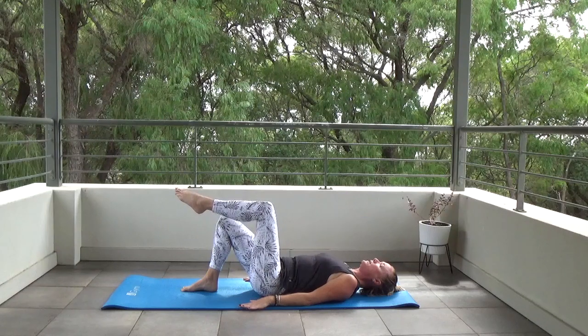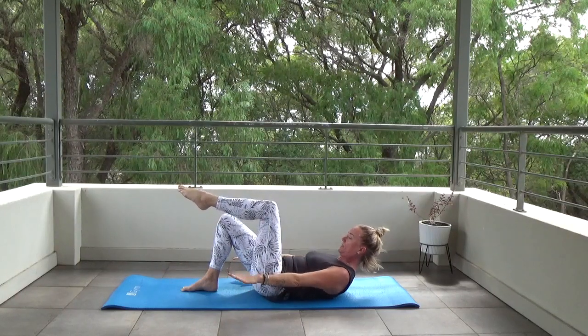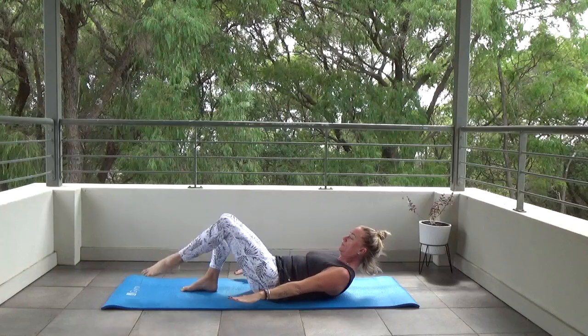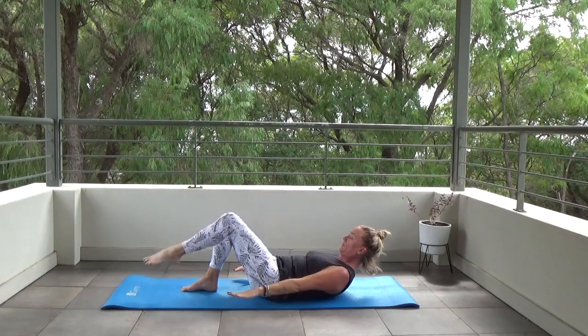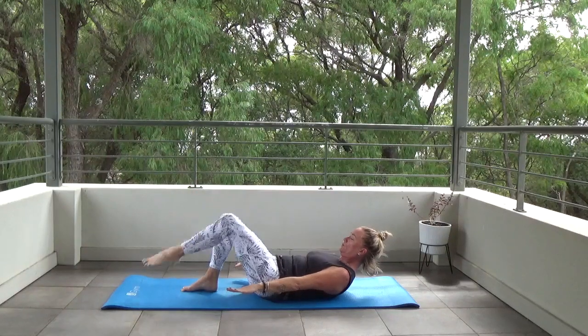Left leg into tabletop. Curling up through the head, neck and shoulders. Tapping the foot down, working from the hip. The knee stays still for 5, 4, 3, 2,